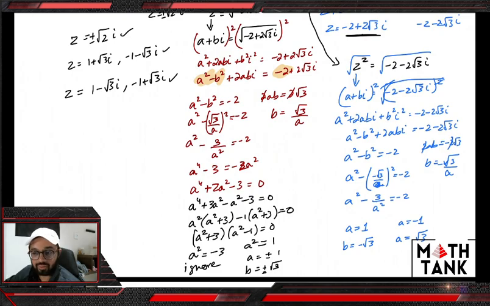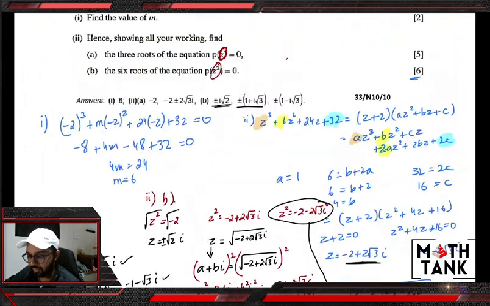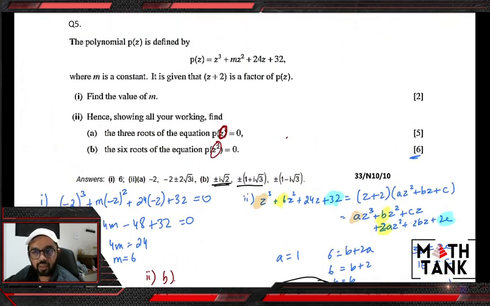I think all of these 6 are different. There are 2 here, 2 here, and 2 here. And that is your final answer. This is a good 6-mark question, which was why it also took me a long time to solve. A total of 13 marks, which means you have about 18 minutes on the exam to solve this one. That's the first part of the marathon. We'll be back